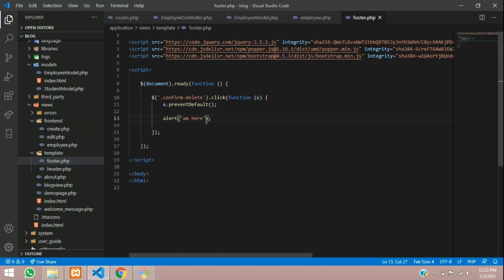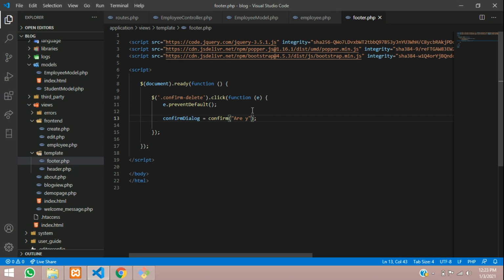So guys, now let's write the simple code for the confirm. Let's create one variable called confirm dialog, equal to the confirm function, which is from jQuery.